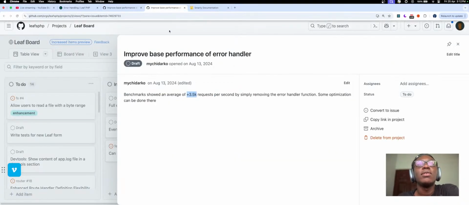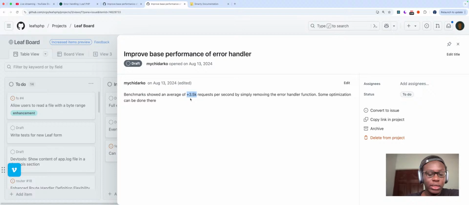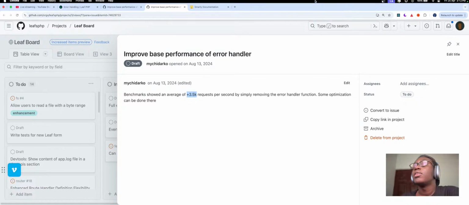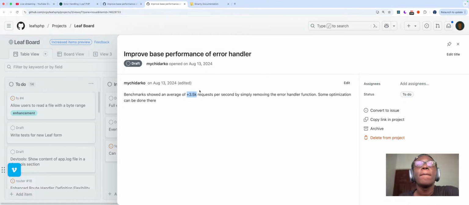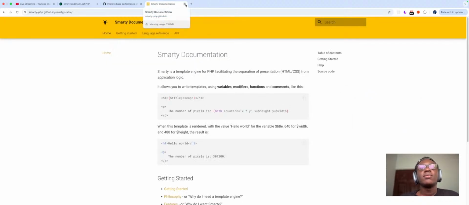So that actually really caught my attention and was worth sharing with you guys for probably the next version of Leaf. I don't know, we'll see how that goes. Okay, so those are the two major things that caught my attention this week. There's a few more things, but I think